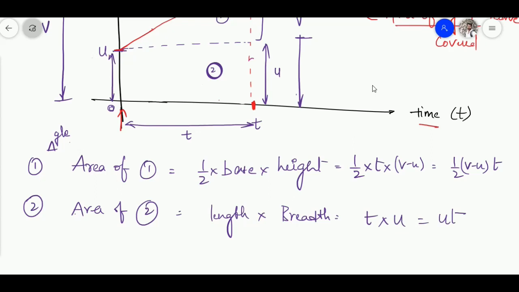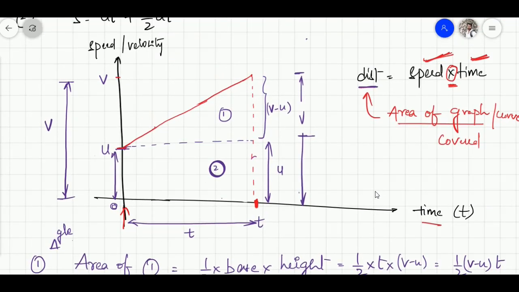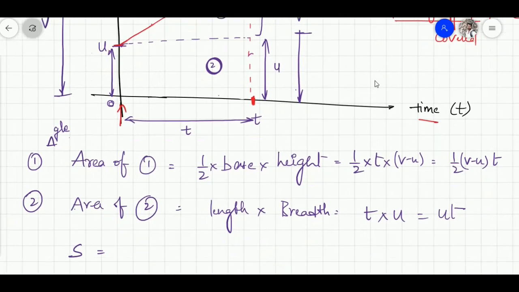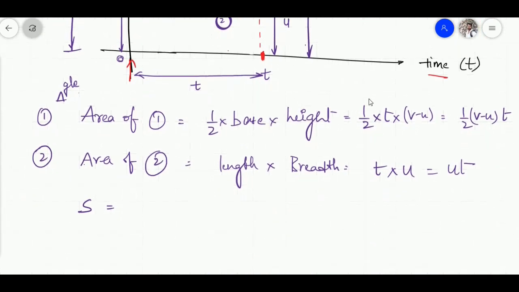So when I calculate the area, what will I get? Speed, right? That's what we discussed from the formula, distance equals speed into time, and I am going with the area calculation when there is a multiplication between the x-axis term and the y-axis term. So simply I will get the distance. Here s represents the distance, s is not the speed. One more thumb rule here: s is the distance.